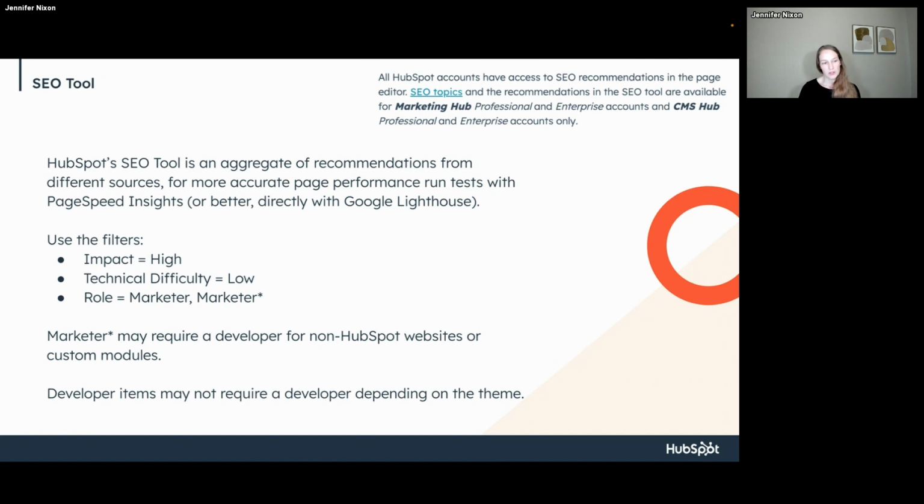But the HubSpot SEO tool is basically an aggregate of recommendations from different sources. So it's going to bring together test results from Page Speed Insights, Google Lighthouse. It's going to have some Search Console. It has best practices built in. And so it's really going to bring together a lot of different technical and non-technical SEO related items into one